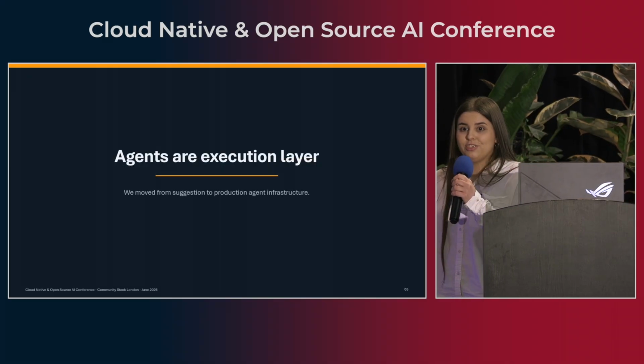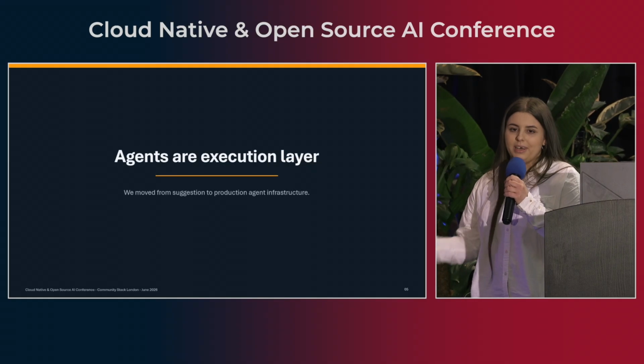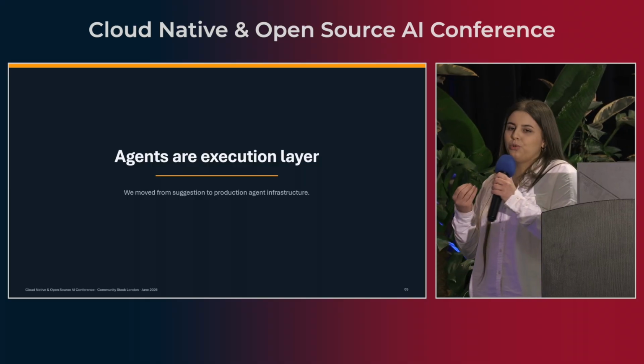So agents have already become an execution layer. It's no longer just the text editor. We're not talking about the chatbots. This is so 2015. Agents are now executing the actions on the platform. So like IAC, infrastructure as code, we're now integrating them at the point where they are autonomous actors within the system. And the worst part is we can't see them going, grabbing a coffee, and we don't see them working. What are they doing?